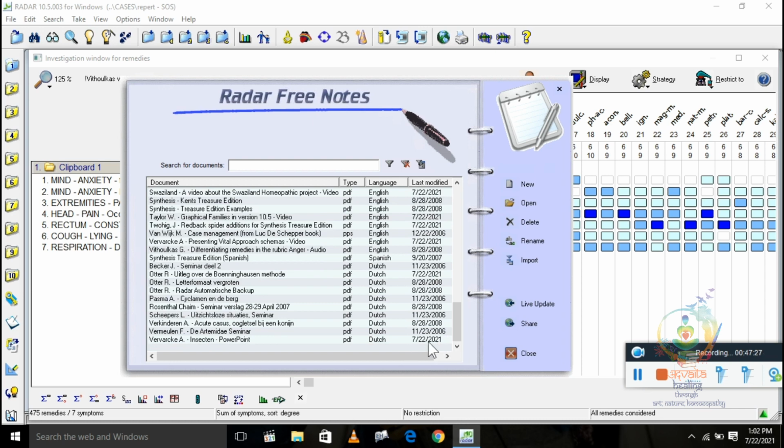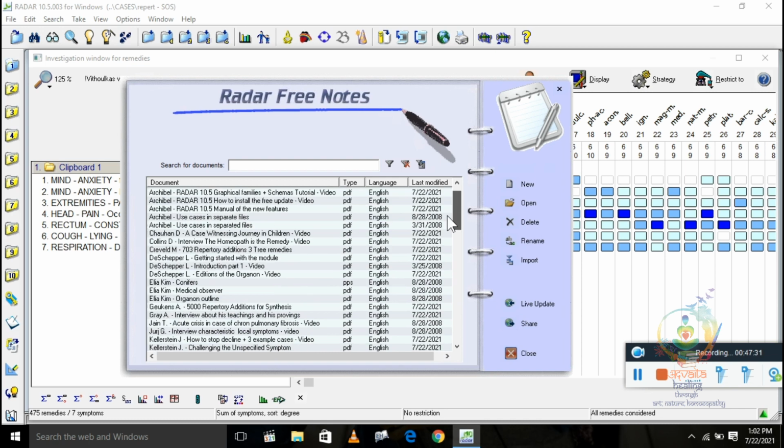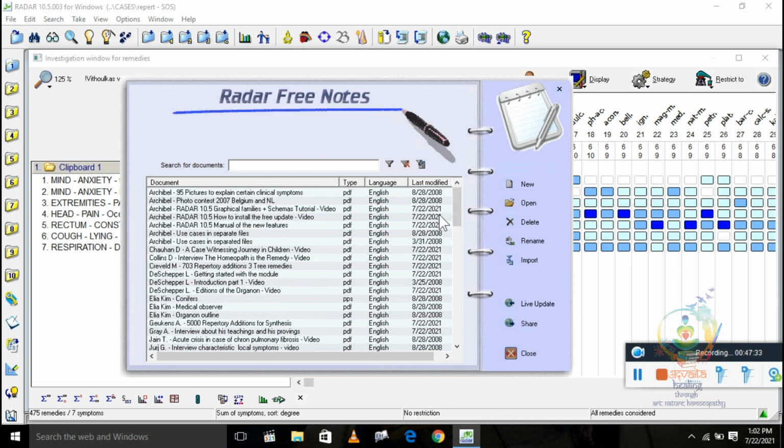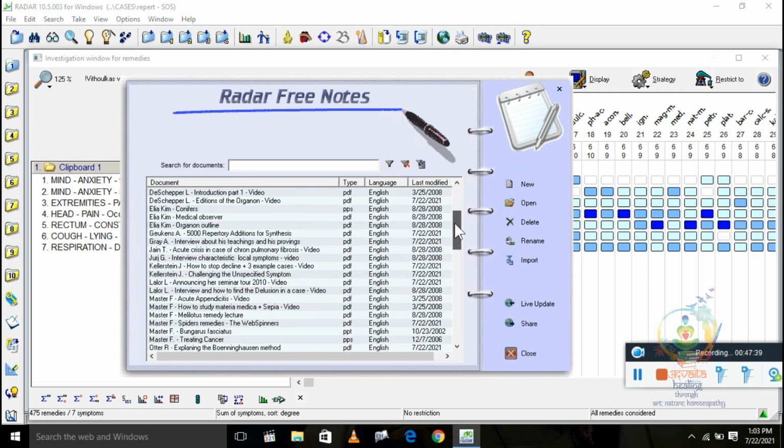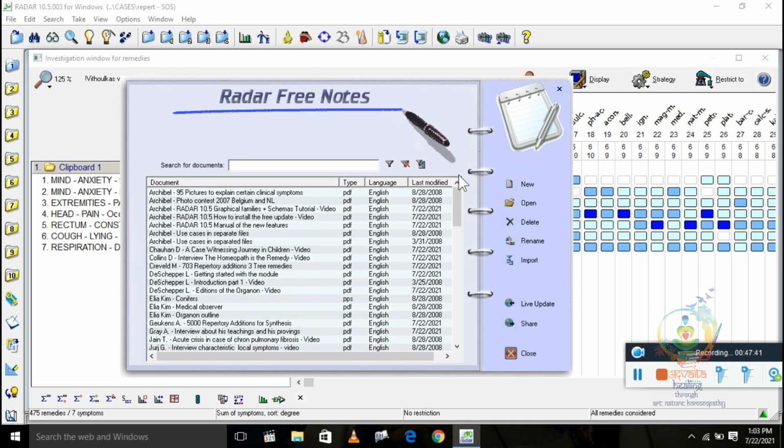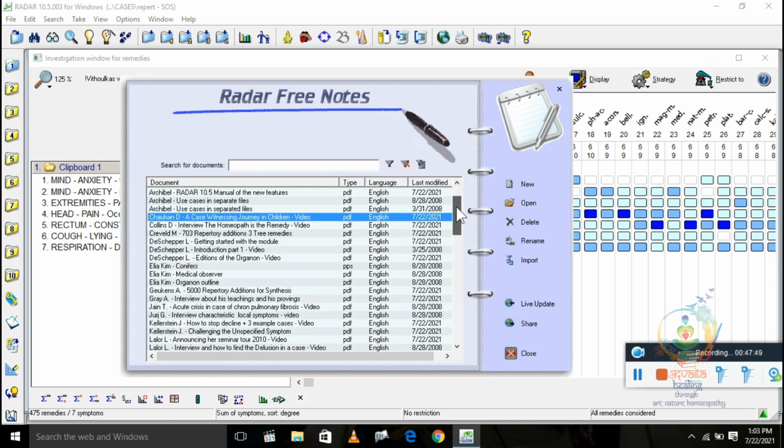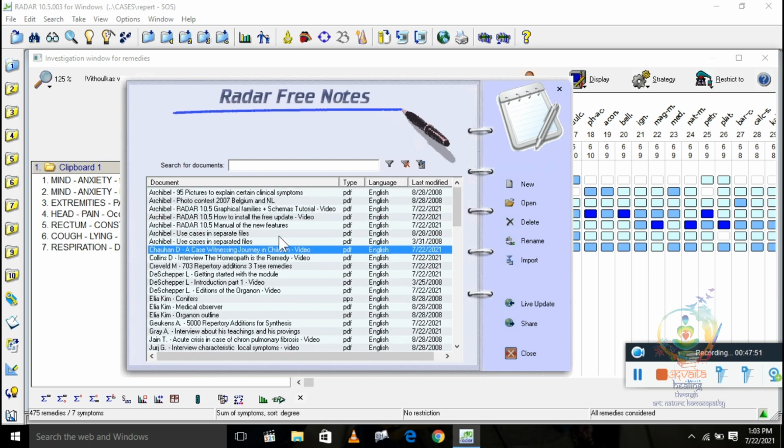Right now I have updated the Radar, so 2020 updates are also showing. You can see the 2021 update is here, so you can download more free notes given by Radar. Here you can see Dr. Dinesh Chauhan's case witnessing journey in children video as well as PDF is available, so you can double click on it and read accordingly.